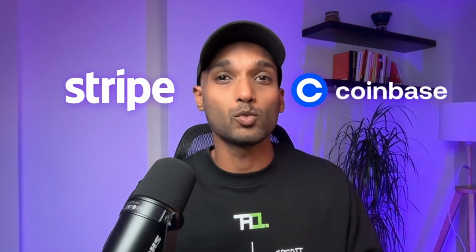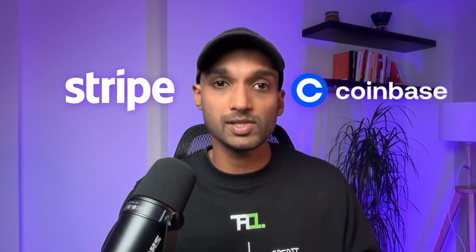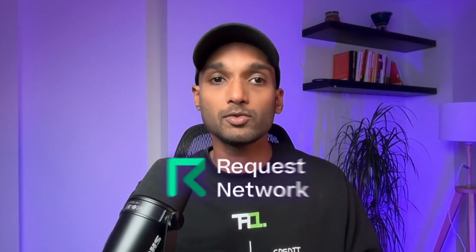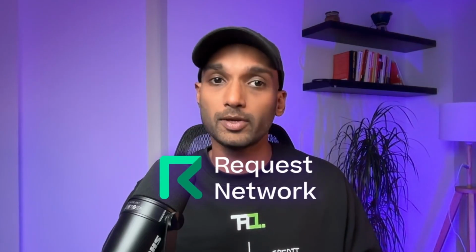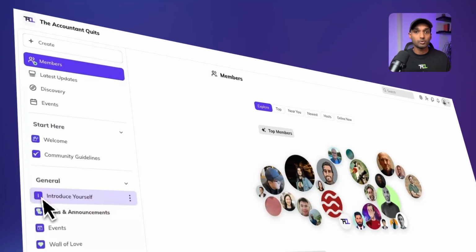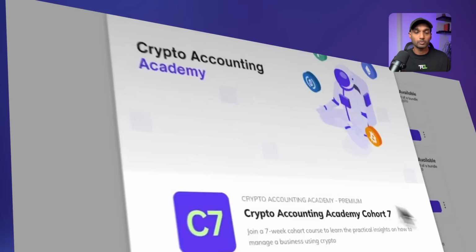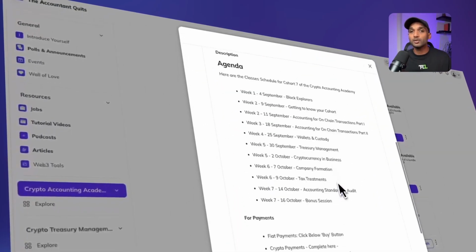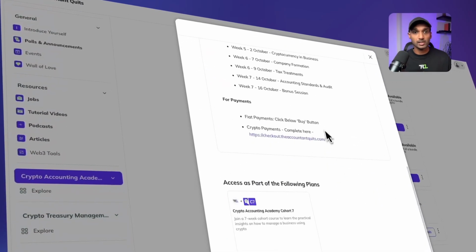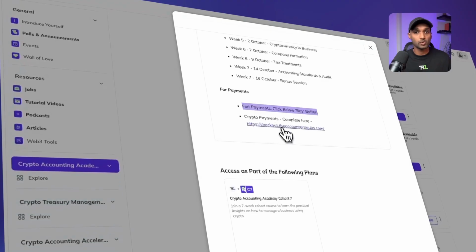As opposed to Stripe or Coinbase, where you'll be paying 1 to 1.5% of your stablecoin payments, using Request Network is completely free. On the Accounting Grids platform, we've implemented the same setup for students to join our Crypto Accounting Academy. Of course, you can pay in fiat, but using this link, your customers can pay in stablecoins, all powered